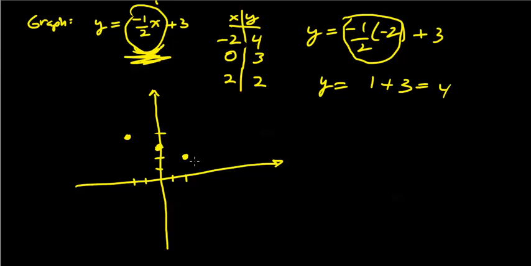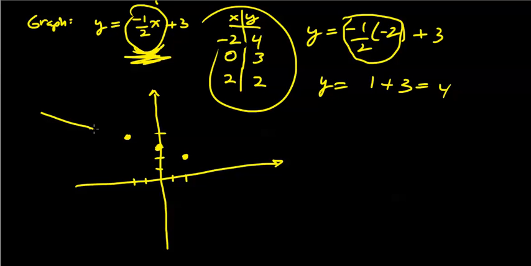It takes 2 points to determine a line, but we usually look for three coordinates to graph lines of this type, so we have what we call a third confirming point. If you make a mistake in either of the other 2 points, that will be revealed by a third point. So I can then connect these dots,